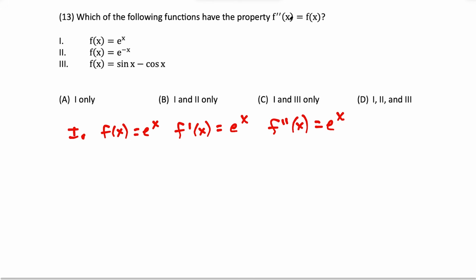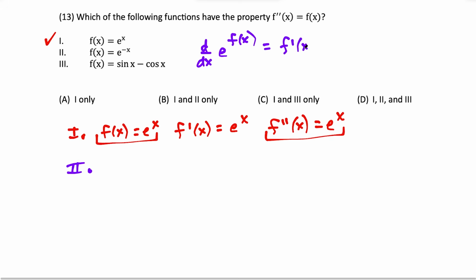So now we have to ask ourselves, is the second derivative here equal to the original function? And yes, e to the x is equal to e to the x. So Roman numeral 1 is good. Now we move on to Roman numeral 2, and in this case we have f of x equals e to the negative x. This chain rule variant is very helpful for this situation. When we take the derivative of e to the f of x, this is equal to